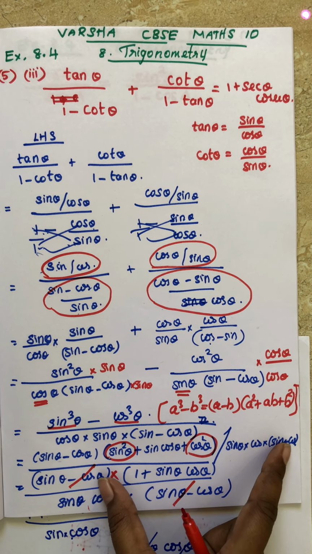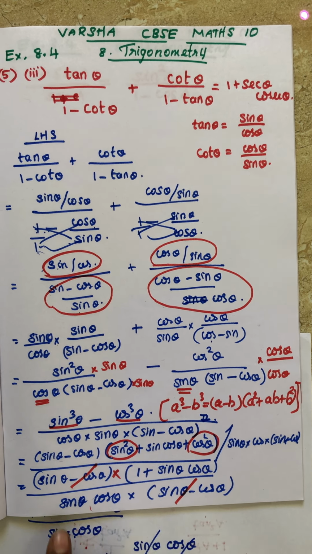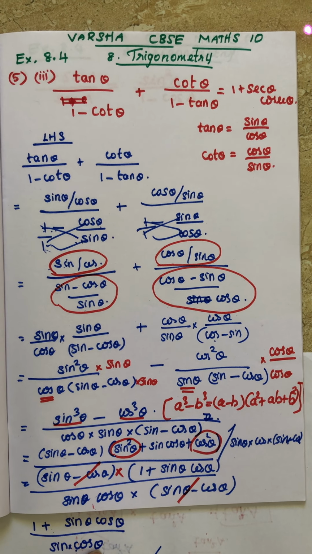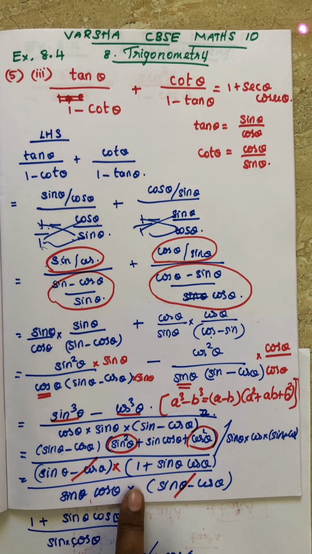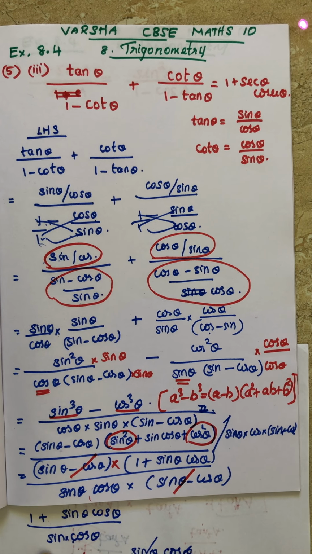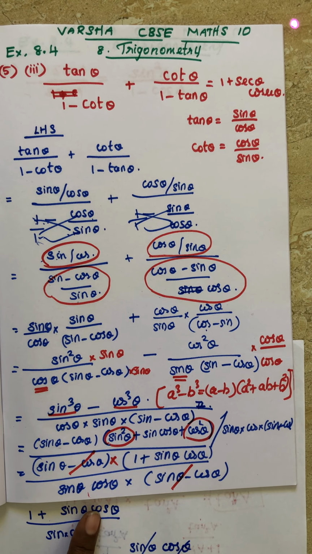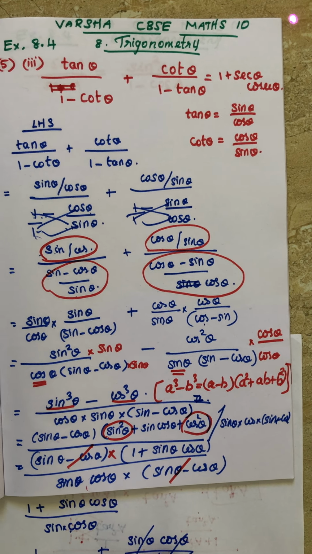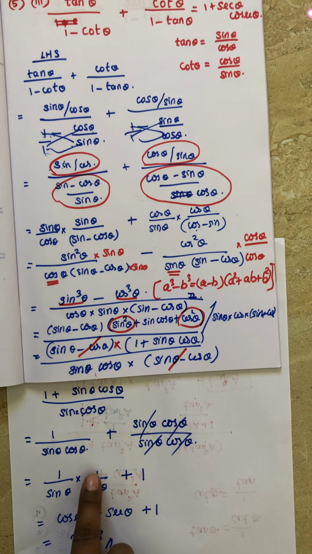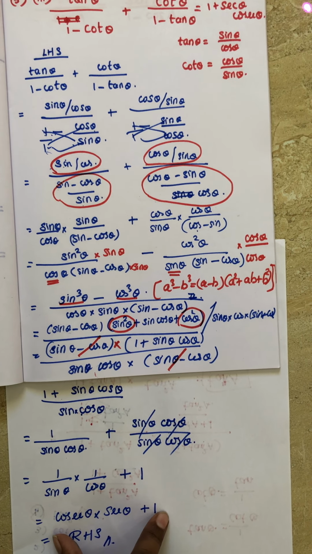So now only the same term came in denominator and numerator, so we are just cancelling. So what you get decides the answer. See, 1 plus sin cos by sin cos. Do you understand this step, students? Yes. So 1 plus sin cos by sin cos. I am just separating the denominator, I can write for both the terms: 1 by sin cos plus sin cos by sin cos. If you cancel, you will get 1. Okay, so here 1 by sin, 1 by cos. This 1 by sin is equal to cosecant, 1 by cos is equal to secant. So we got the LHS.